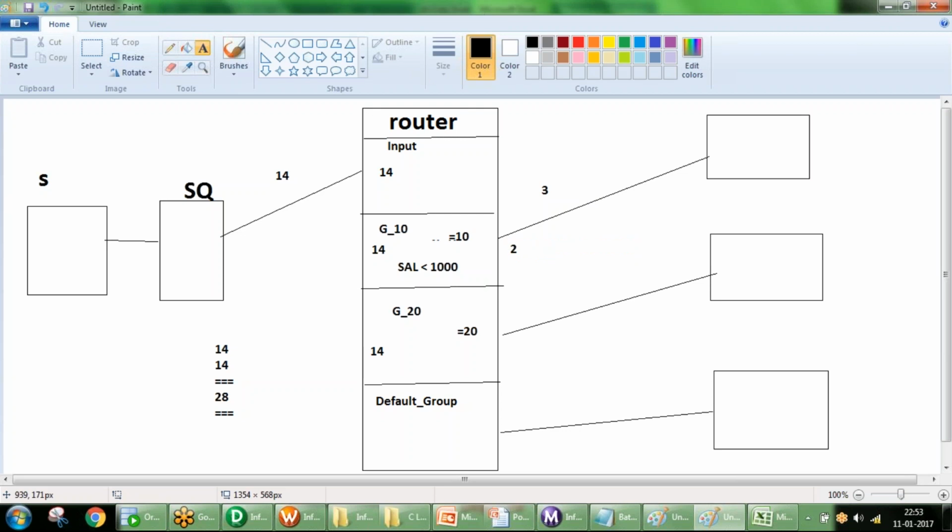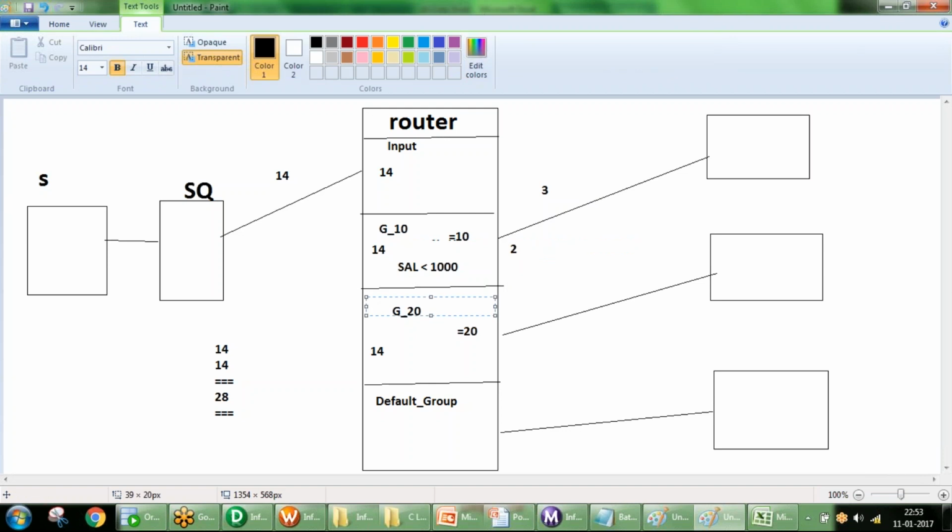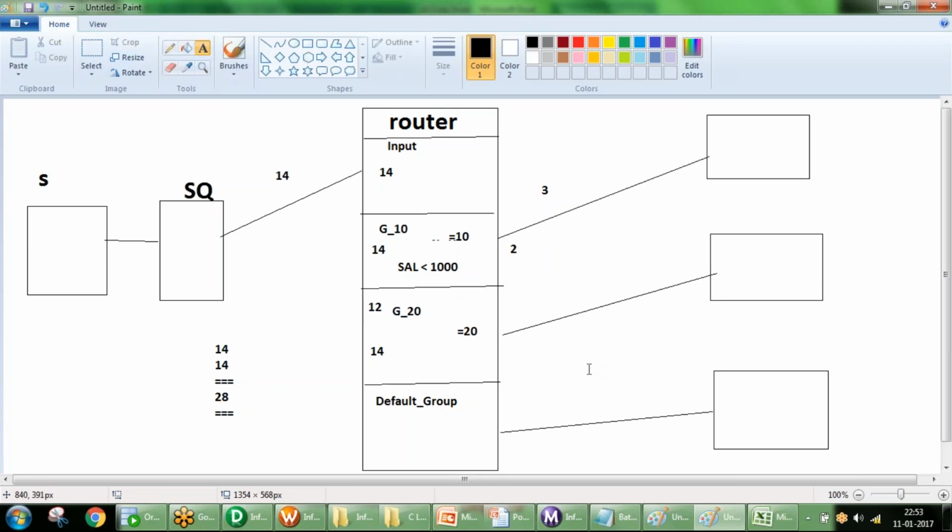Few people have a wrong assumption. They will say the first group processes 14 records, out of which 2 records are already gone from the first group, so the remaining 12 records will come into the second group. That is a wrong assumption.